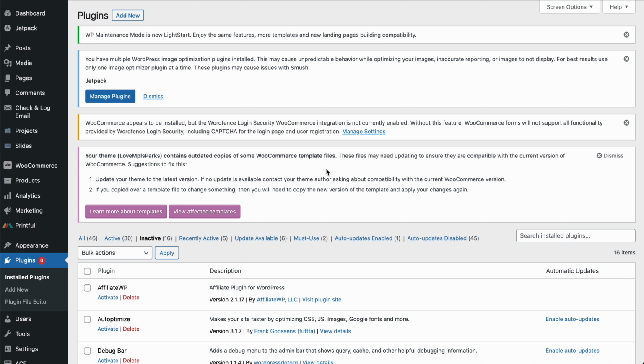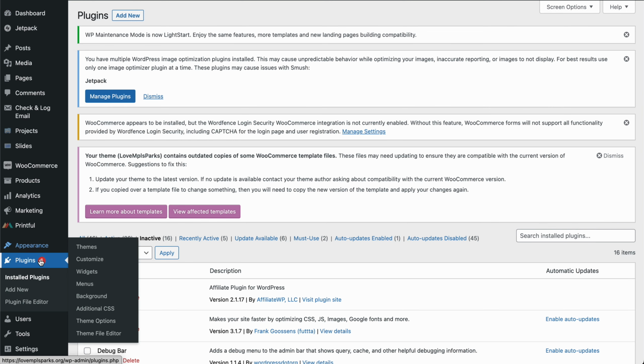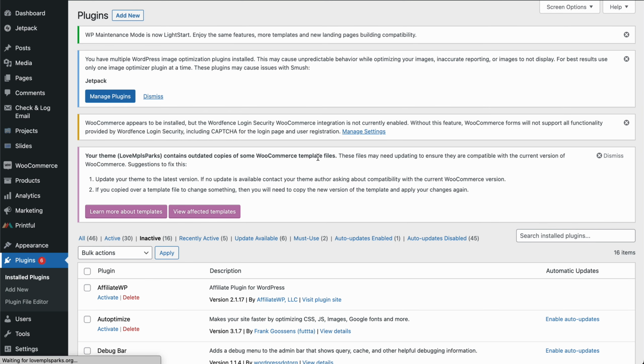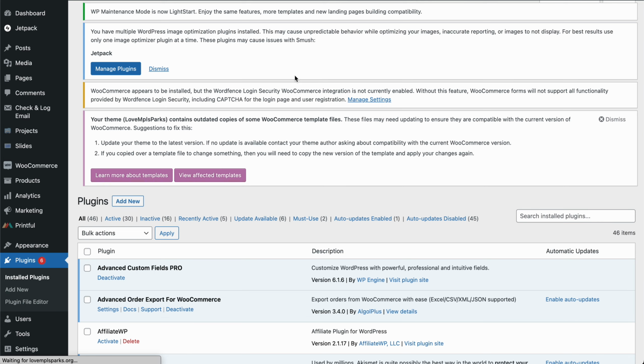Maintenance on this WordPress site. First thing I noticed, and I already did this, was I like to look through the plugins and